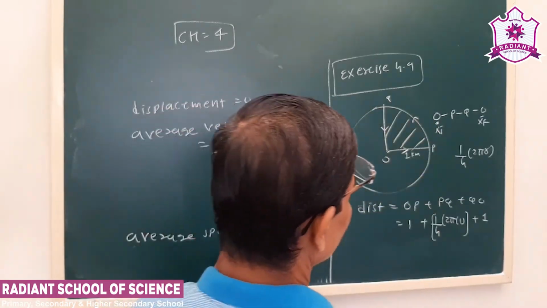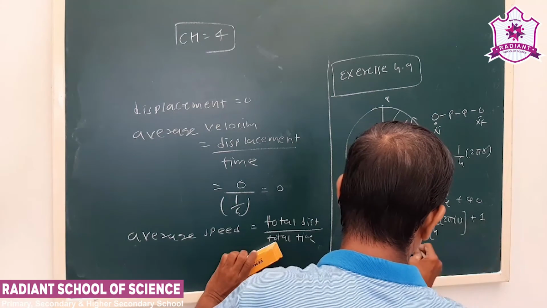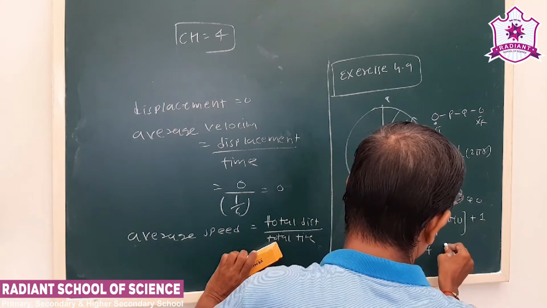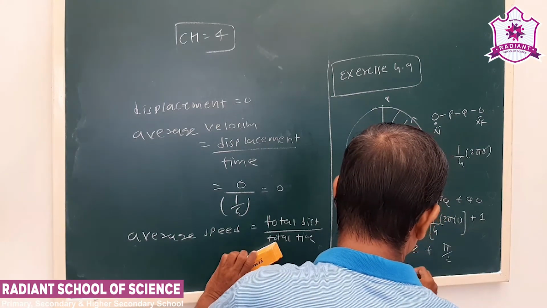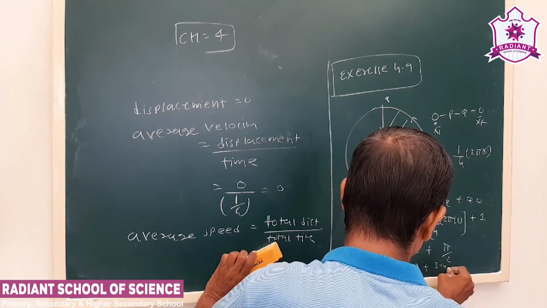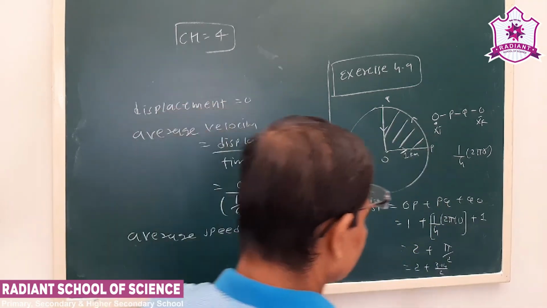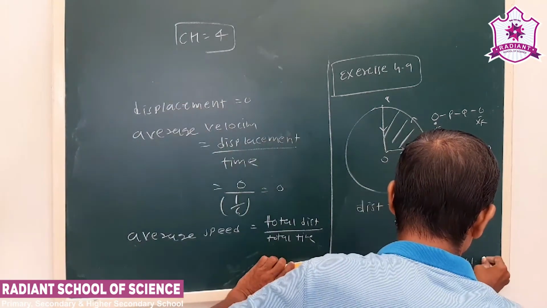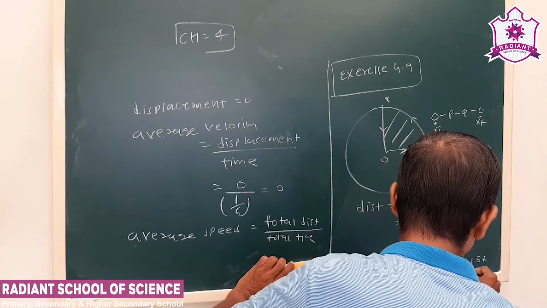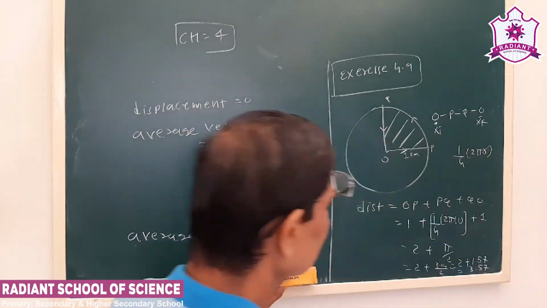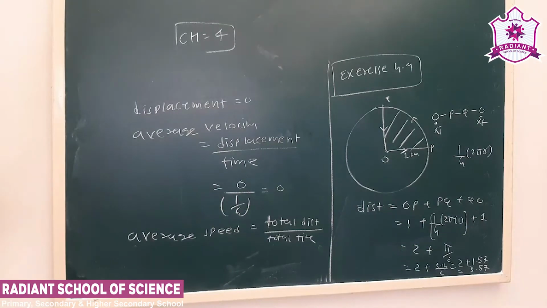Okay. And QO is 1. So this will be 1 plus 2 plus pi by 2. Okay, so the distance part we get as 3.7